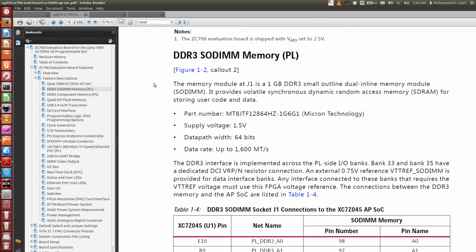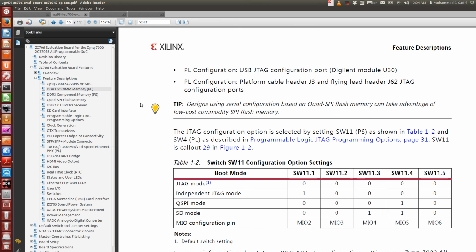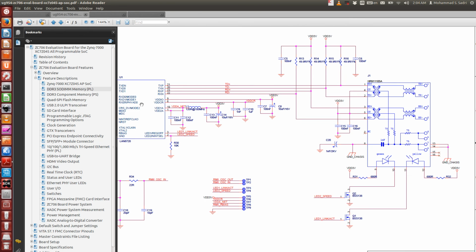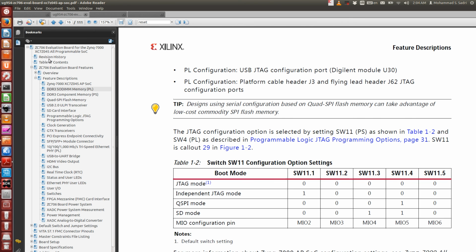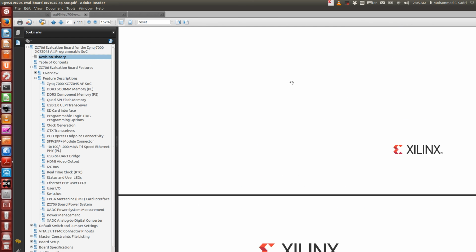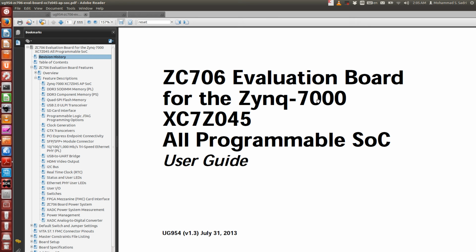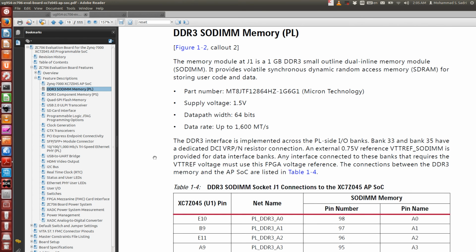Maybe I show you the first page here. Okay, so we have this user's guide, and in this user's guide we have this section, DDR3 SODIMM memory,